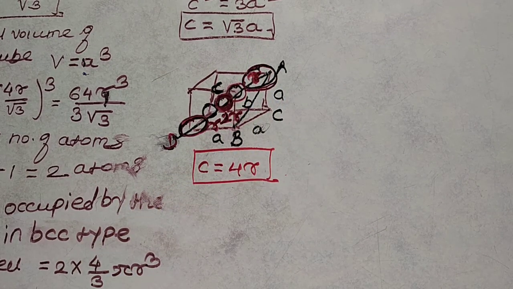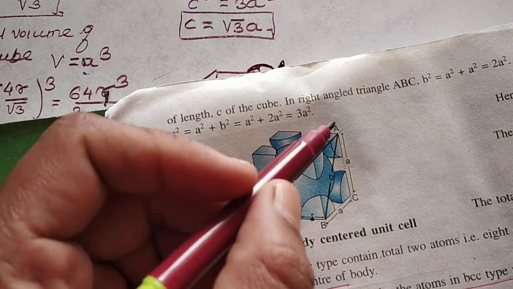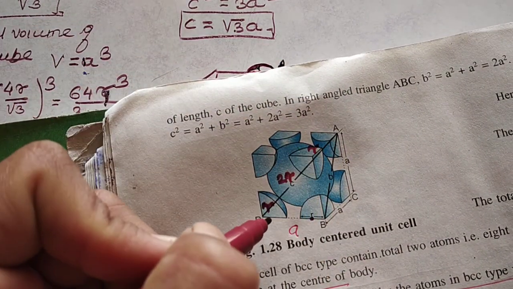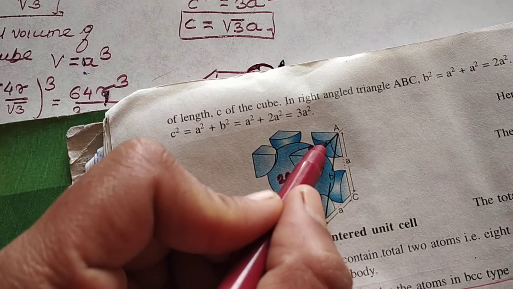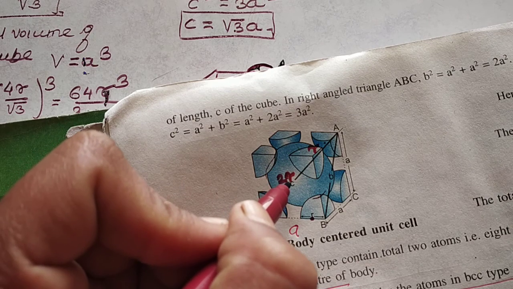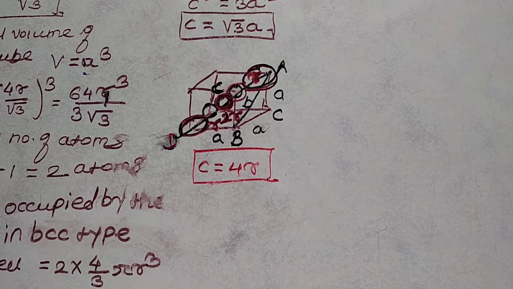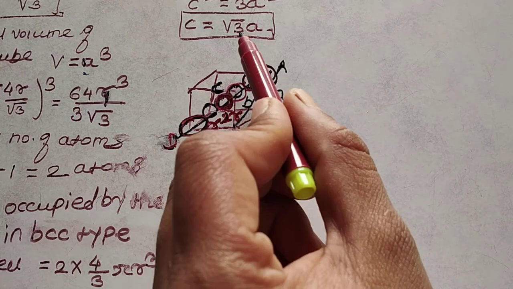You must remember, I again explain how to calculate the radius for the atom, because you can see simply one atom on the corner, here one atom on the corner, this is r, and one atom present in the body center completely. The radius for this is 2r. So total C is equal to 4r. Okay, C is equal to 4r. I can equate both the values.